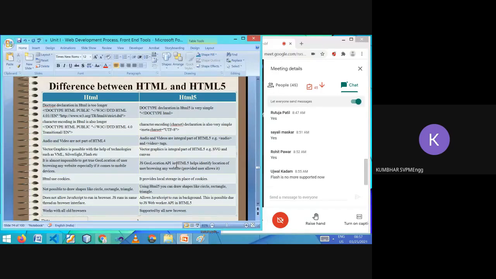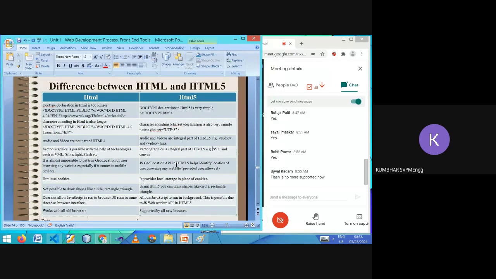Obviously, if the user allowed it, if the user allowed tracking the location. So you may have experienced many times when you install an app, it asks whether you want to trace your location, geolocation. Yes, so if you allow, then the JS geolocation API installed in the browser will be able to track your location and give it to the server as you are using their website. Whenever you are browsing that website, at what location you are, that will be given to the server. So geolocation tracking is possible in HTML5.